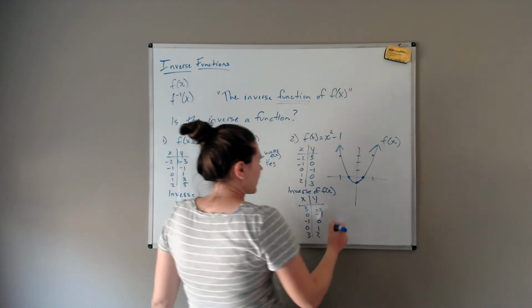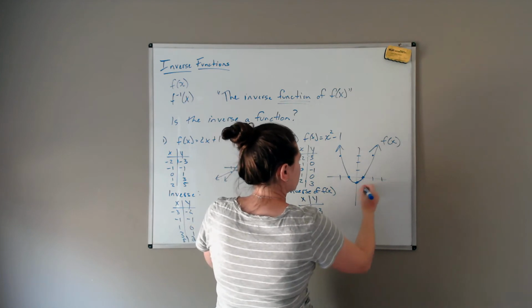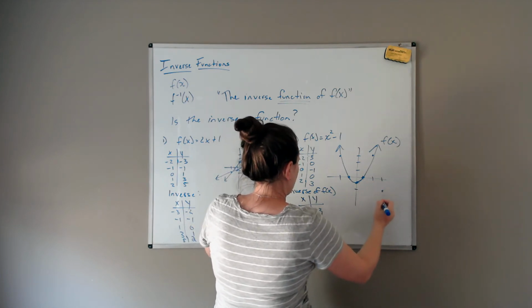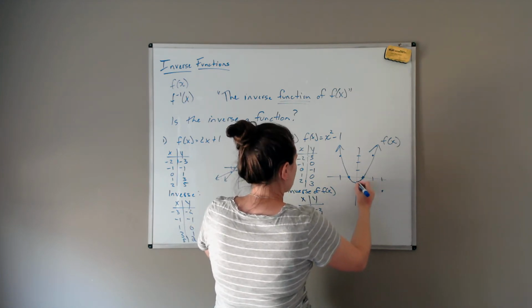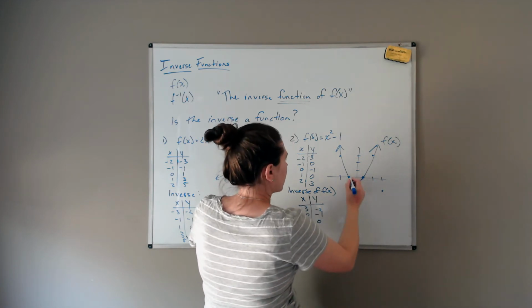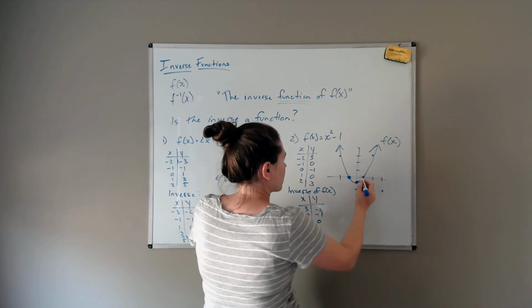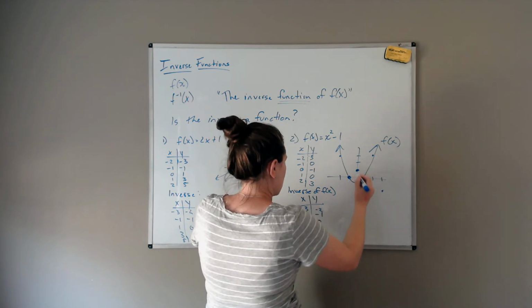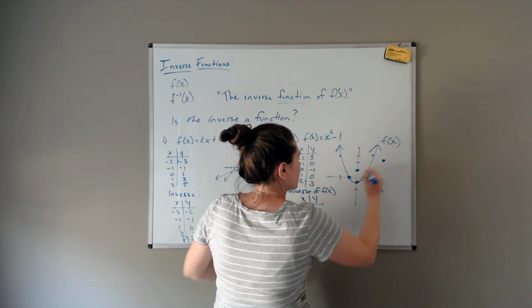So if I graph this, 3, -2, 0, -1, -1, 0, 0, 1, and 3, 2,